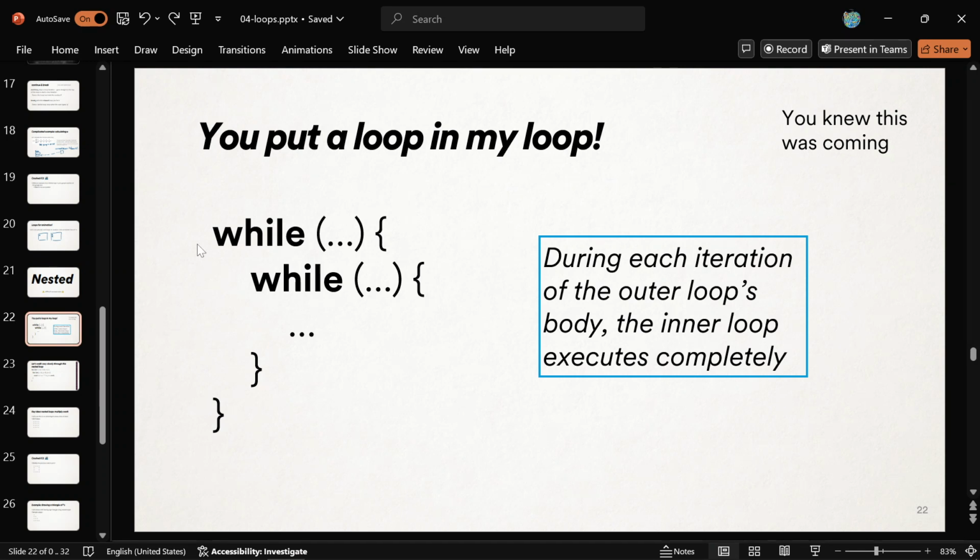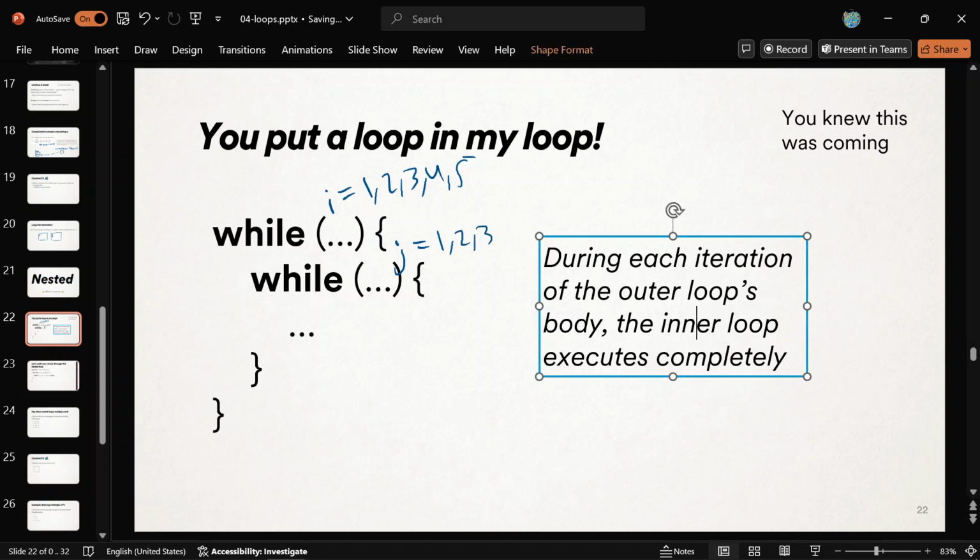So the way that I want you to think about it is, this while loop, what is it doing? Maybe it has a variable that it's messing with. Like this while loop is messing with i. It starts at 1, 2, goes to 3, goes to 4, goes to 5, whatever. And then maybe this while loop on the inside has its own little variable. Maybe it has j, and j goes from 1 to 2 to 3, and so on.